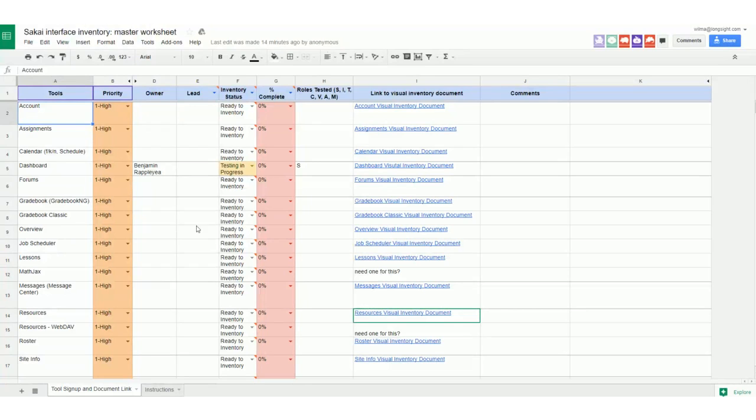So if somebody wants to sign up for a tool, do they just put their name down? Do they need to do anything special? Or no, they don't need to do anything special. You can just put your name down, and you'll see that Ben from Illinois State put his name on